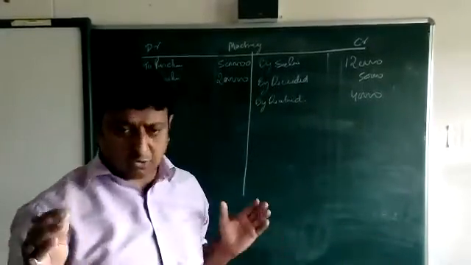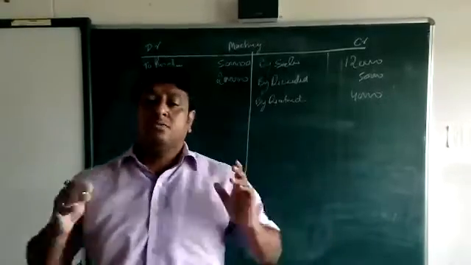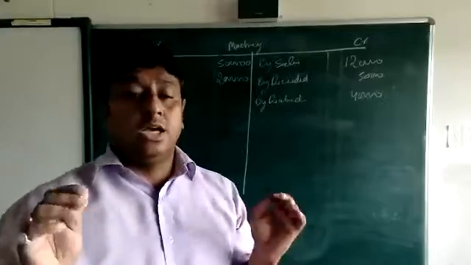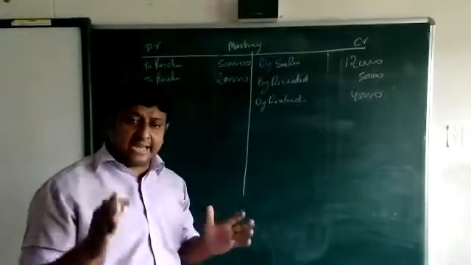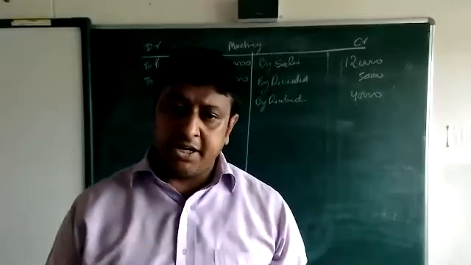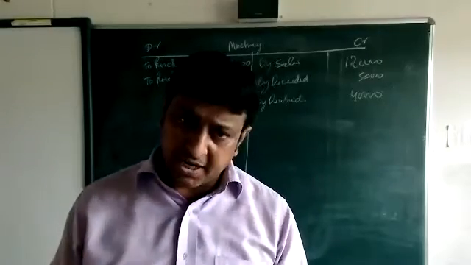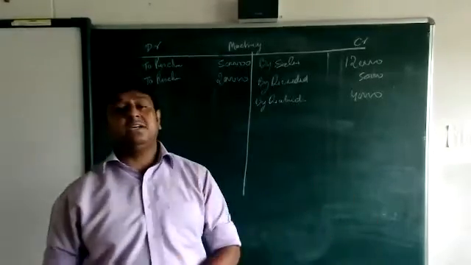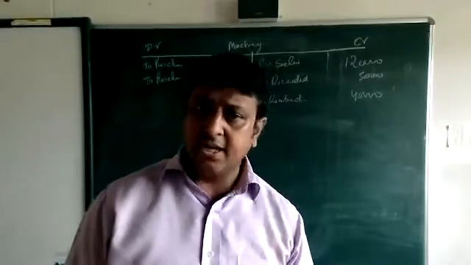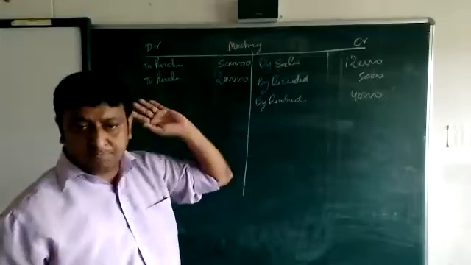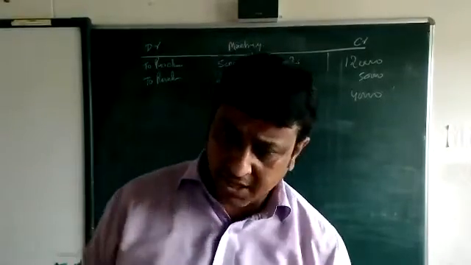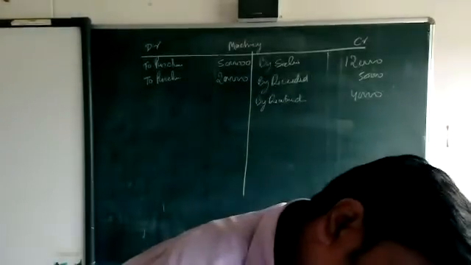For the understanding of this T shape, first make your mind very clear on this. If you are going to maintain any account, if its assets or expenses, increase is debit, decrease is credit. Okay, beta. If any liabilities or income, increase is credit, decrease is debit. Then make this type of T shape and show debit side and credit side. Okay, beta. Clear?